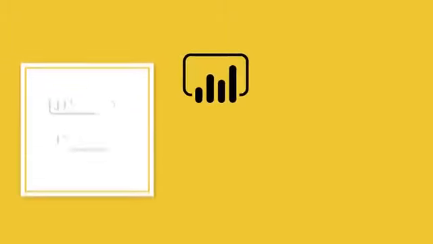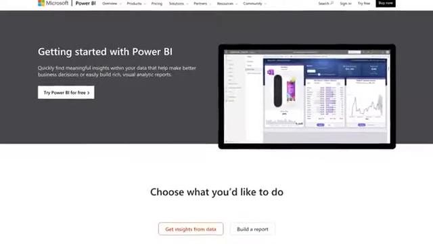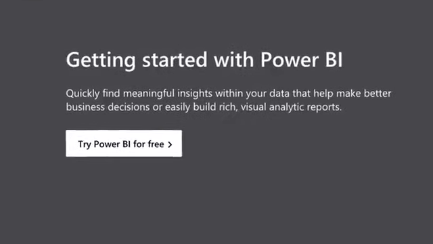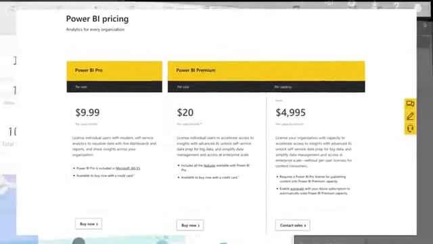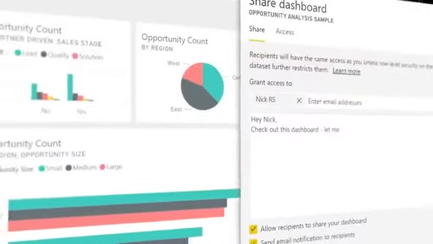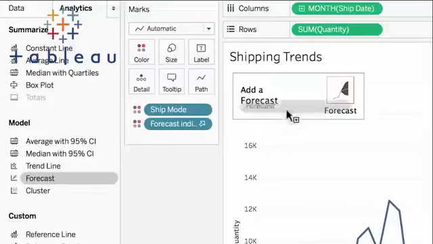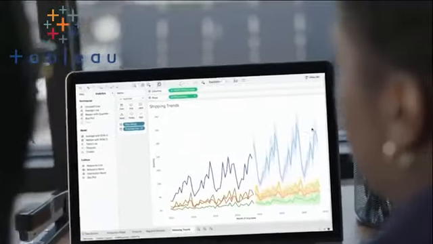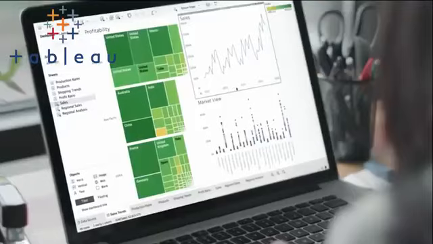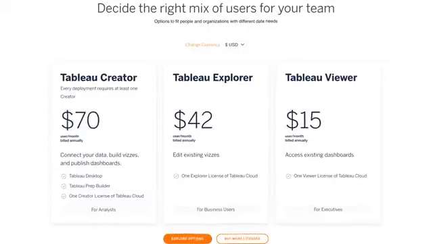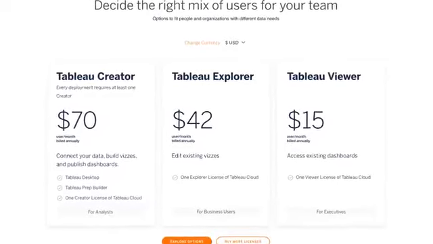Power BI is part of the Microsoft stack, so it works smoothly with Excel and SharePoint. Besides that, it has a free version and even the paid versions are relatively budget friendly compared to the other BI tools. Next up is Tableau. Tableau is a BI tool with more extensive data visualization capabilities than Power BI. It seems to be just a bit more in demand in the job market than Power BI. It comes with a much higher price tag though, making it harder to learn if you're starting out by yourself.